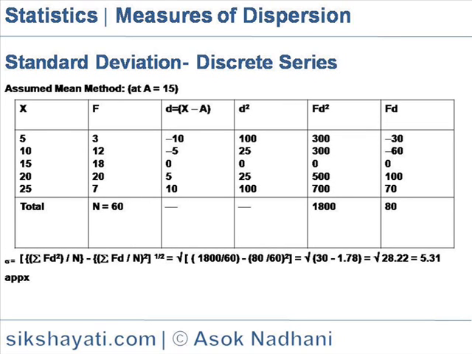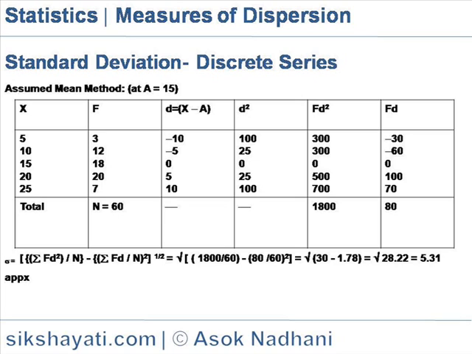Now we compute the standard deviation from the assumed mean method. So here, the assumed mean, we assume the value of a is 15. Again the first column shows the value of x, second is the frequency, third the deviation from the assumed mean, that is 15. So that column shows the deviation from 15. The next column shows the d square, the next column shows the value of f into d square, and the